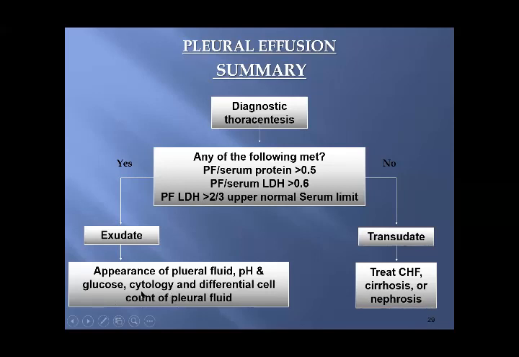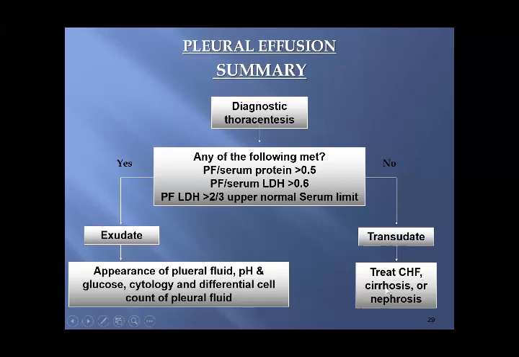Most important, cytology and the Gram and ZN staining of the fluid are done to see if mycobacteria are present, so that they can be differentiated. Then the culture is also done, and the differential cell count of the pleural fluid is done to reach a diagnosis. If it is transudative, then we consider the different diagnoses that come under the heading of transudative pleural effusion. We do further tests to rule out congestive heart failure.